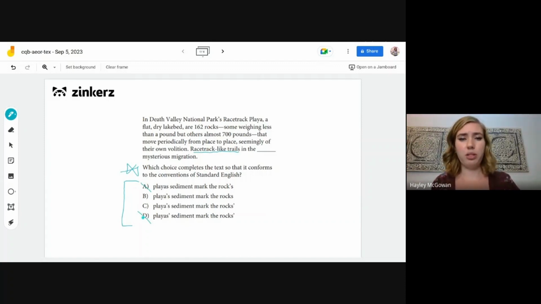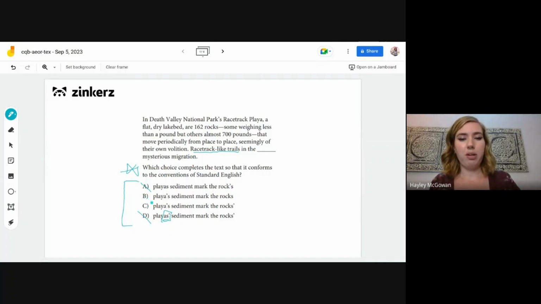A lot of the times with these questions, you can approach whichever aspect is easier for you. I think that starting off with this singular versus plural is the easiest because now we don't have to go through and figure out, okay, what is this weird form with the S with the apostrophe after it? What is that doing? We don't even need to think about that. We're just asking, should it be singular or plural? It should be singular. So we got rid of A and D just from that alone.